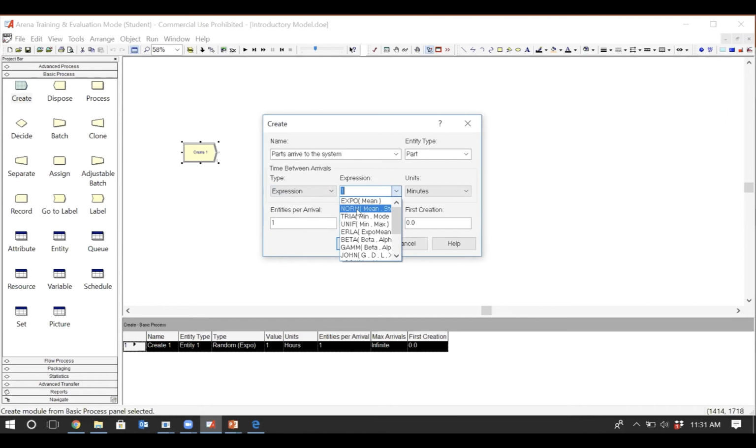For example, even the exponential, which was one of the options here, is available in the expression as well. You write expo, meaning exponential, and then in parentheses you write the average of the inter-arrival time. If it's normal, you write norm, N-O-R-M, and then mean and standard deviation. If the inter-arrival time has a triangular distribution with a minimum, mode, and maximum, you just write TRIA, min, mode, and max, and in uniform and so forth. Okay, so